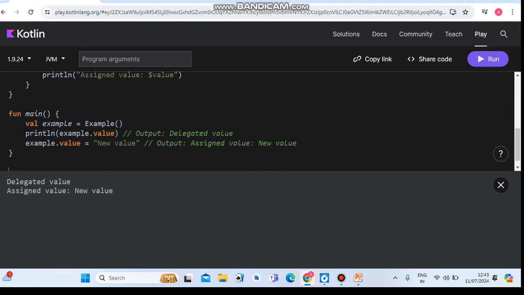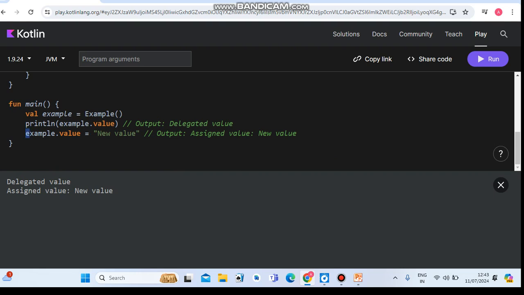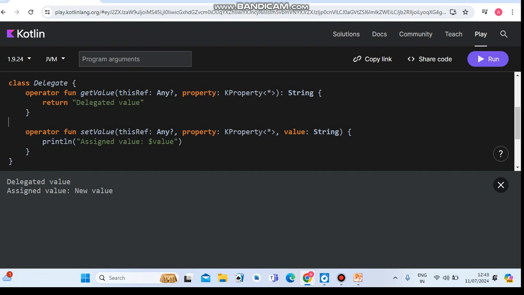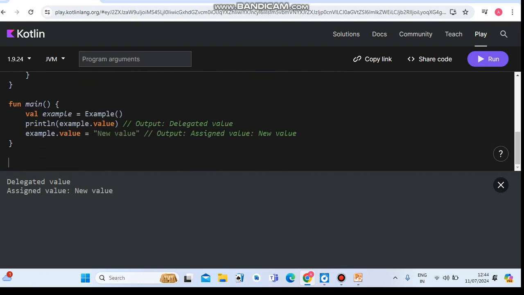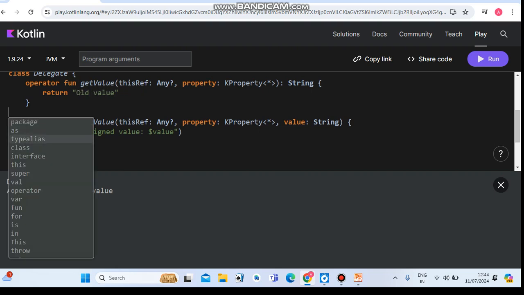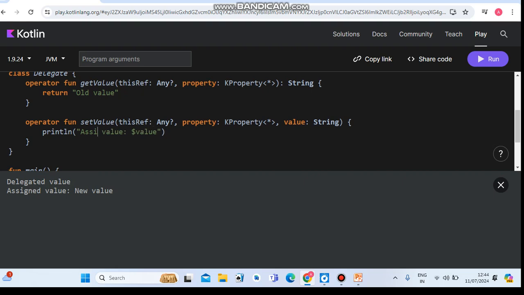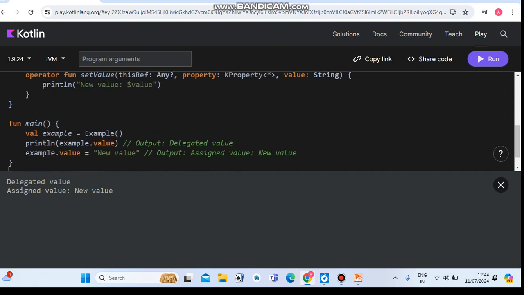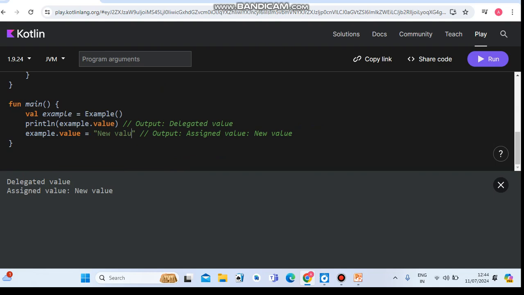Okay, and then example dot value equals new value. So we are setting the value, so it will call the set value method. Here in the set value method, we are printing println assign value dollar value, the new value which we are passing, that will be printed. Okay. So here we can change it to old value and then the new value. Okay. So we can pass the new value as,